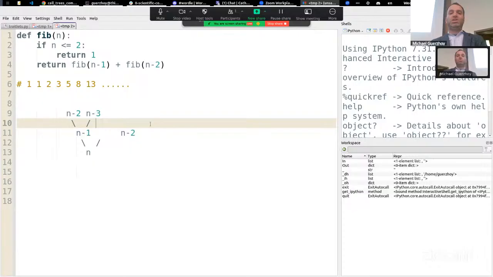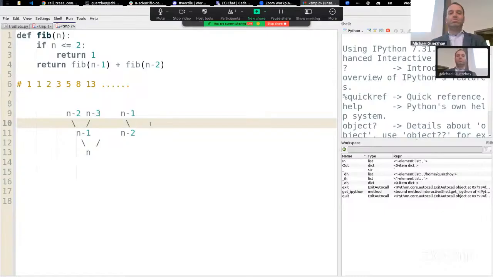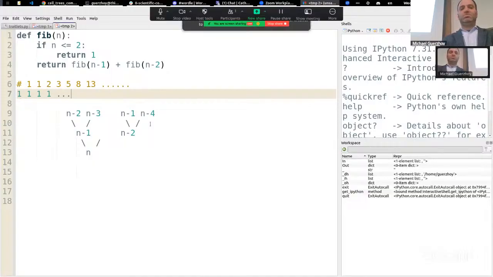Over here, there would be a call to n minus 1 again, and then also to n minus 4. And then eventually I'll get to 2s and 1s, basically. So something like this. All right, so one issue here is that this is not a symmetric tree. In fact, there would be a 1 here, but then